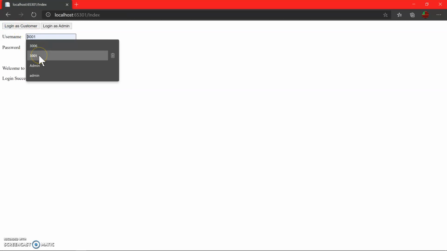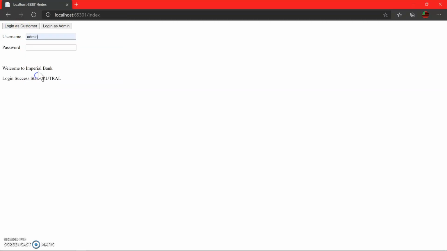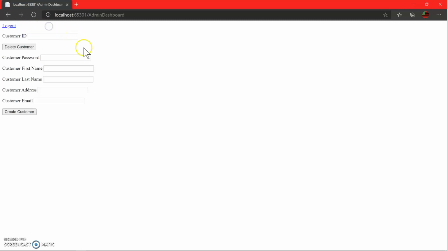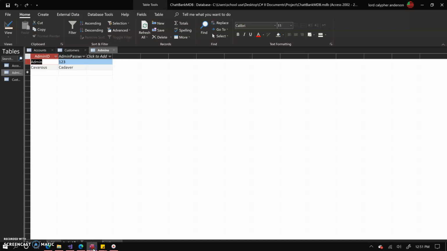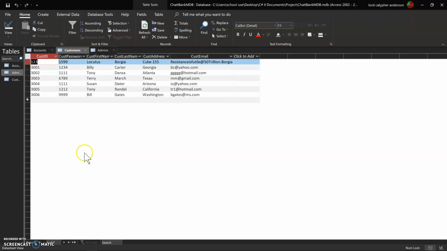We are going to do admin 123 login. Customer ID. We are going to do customer ID 3. We're going to click delete, and we are going to go to the database where it says customers, and we are going to